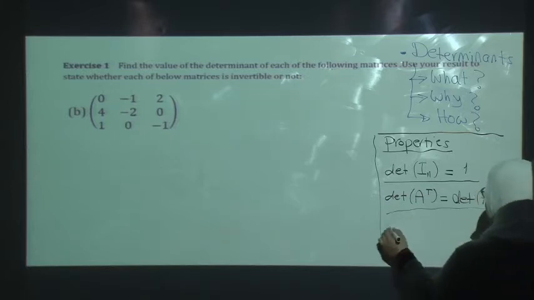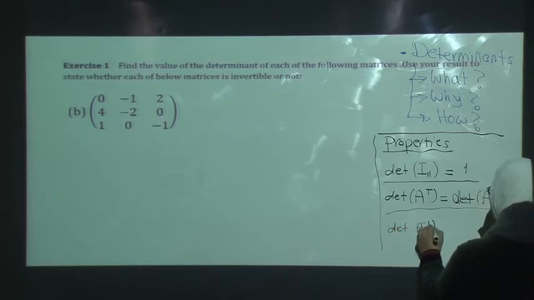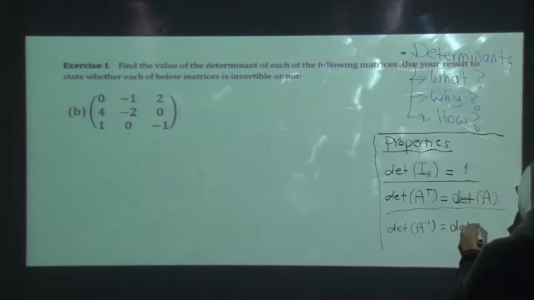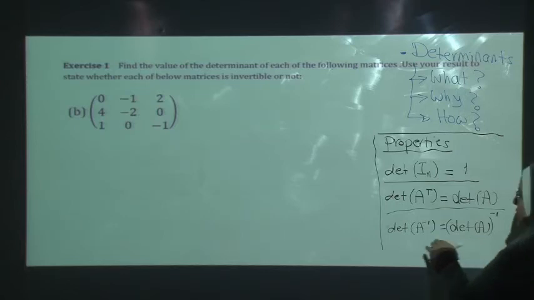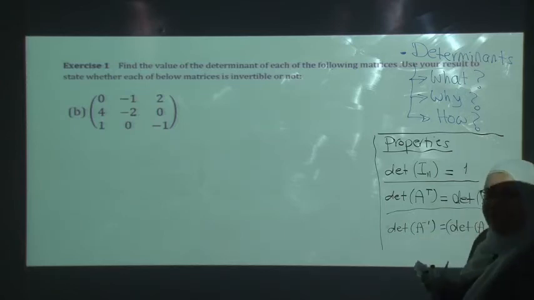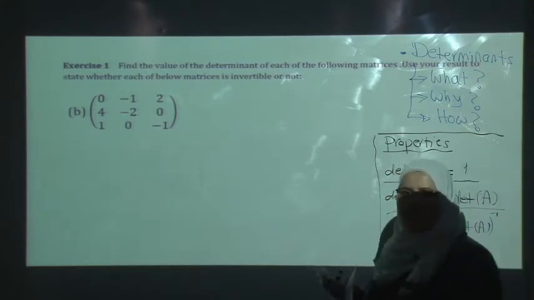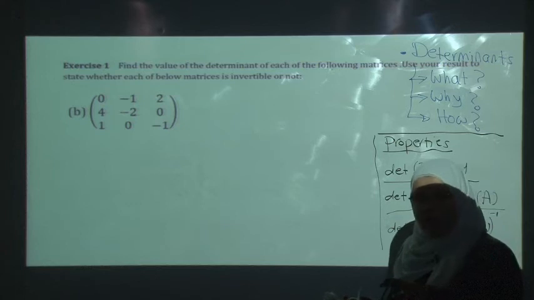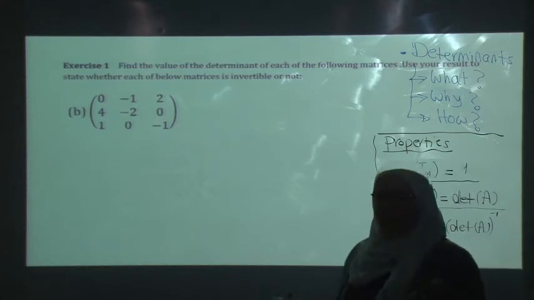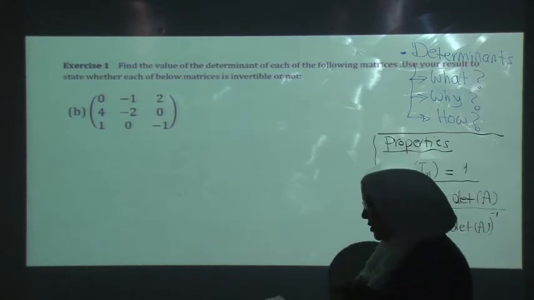Also, it's beneficial to know that the determinant of A inverse is the inverse of the determinant of A, which means we can write 1 over the determinant of A. So if you need the determinant of A inverse, you don't have to get the inverse and then find the determinant. No, just find the determinant of A, which is more simple operations than finding the inverse,